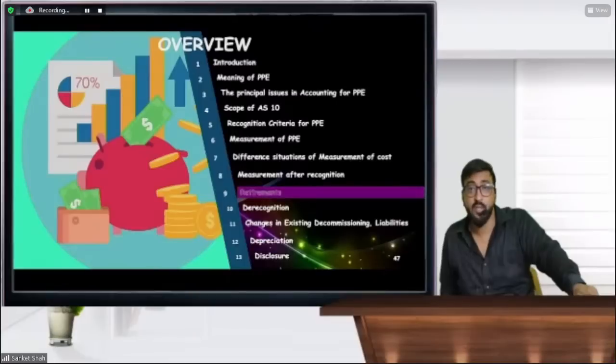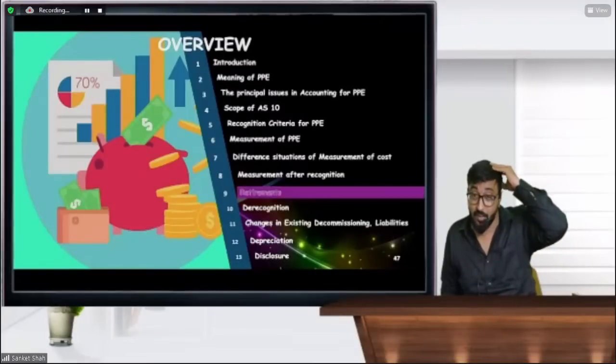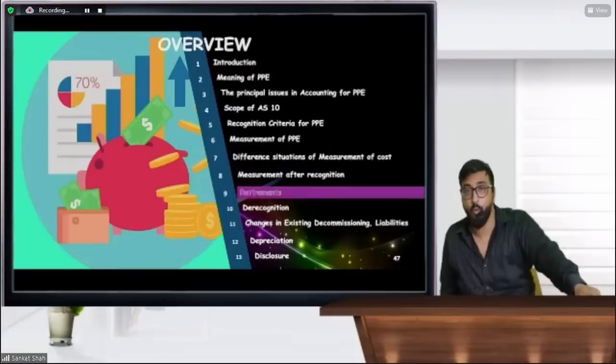So next one, when to recognize. What is the criteria, whether this is an accounting standard or a disclosure standard? This is an accounting standard. So recognition, derecognition, retirement, that is RMPD analysis: recognition, measurement, presentation and disclosure, all 4 points are important. Scope of AS 10, beta: it is not applicable to wasting assets, or wasting means minerals and so on, or if it is covered by other accounting standards, and plants other than bearer plants. So for bearer plants this is applicable, for other than bearer plants it is not applicable.